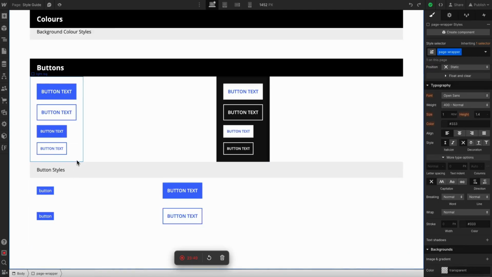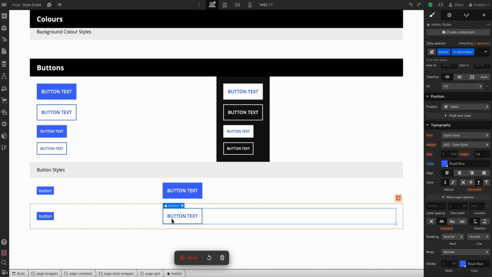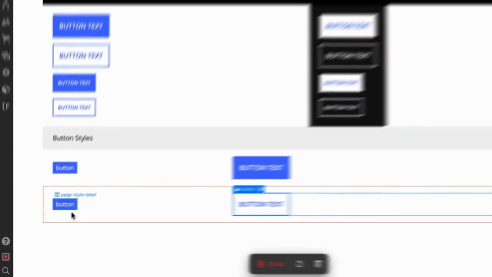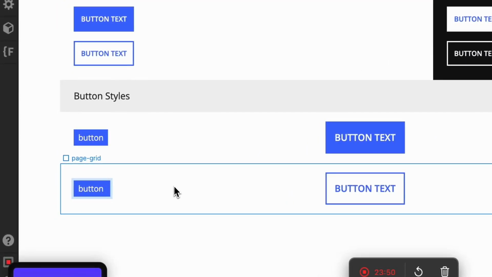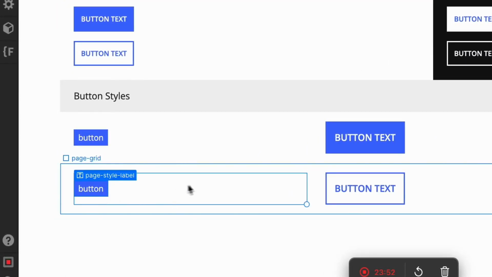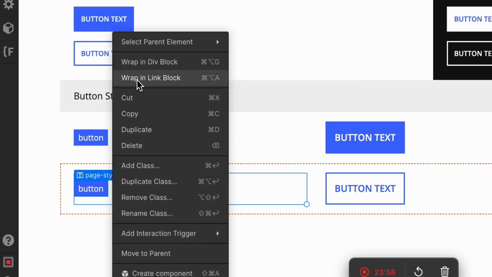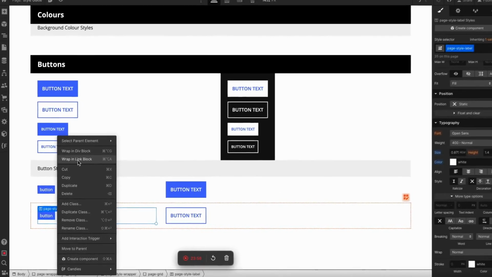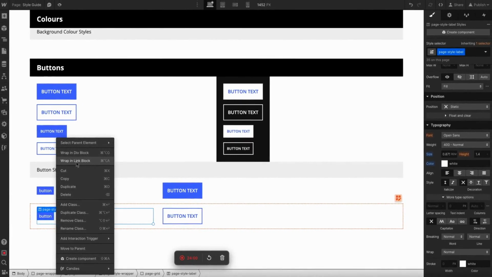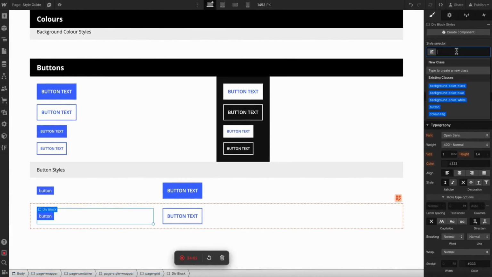Okay, I want to make a quick stop here because I realized that with our button styles, we have combo classes for them. What if you need to show that in the label? We could just add the combo class in the label, but I actually want to create 2 separate labels in this case, which means we're going to have to put our label in a larger container that we can apply flex to. So I'm going to wrap it in a div block and then